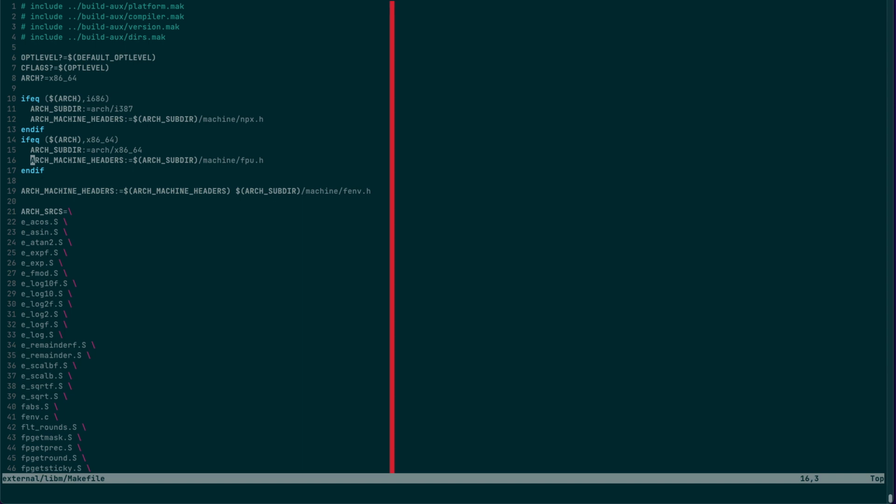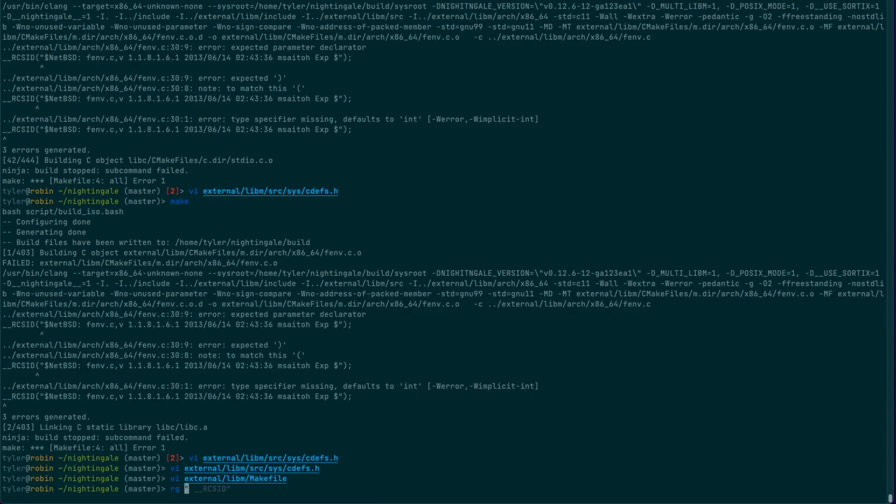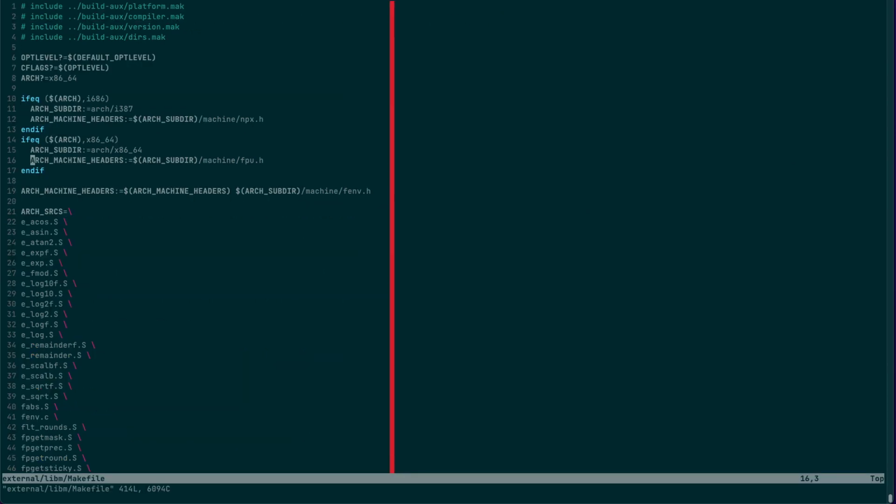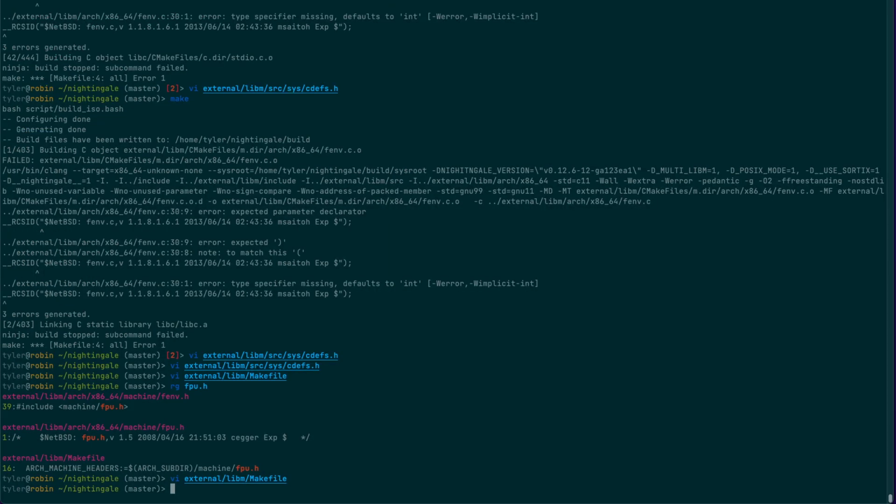We might need to set, I'm curious where this fpu.h is coming from. We almost certainly need that to be somewhere. Yeah, but we're including Arch subdir as a header, so that should be fine. That's in the include directories. Yeah, you can see it here. Include Arch